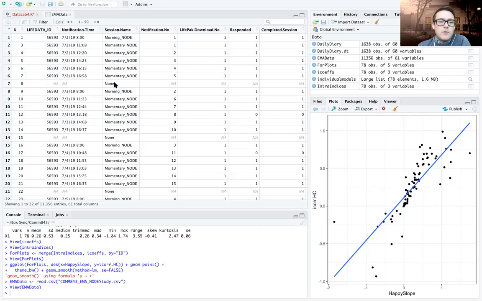You'll notice that there's a blank row here. And the reason for that has to do with assumptions we make about the equal spacing between prompts when we get to some more advanced modeling. So in some of the advanced models, one of the assumptions is that the space between prompts is almost equal, right? And I am more comfortable assuming that there's approximately equal spacing between my momentary prompts throughout the